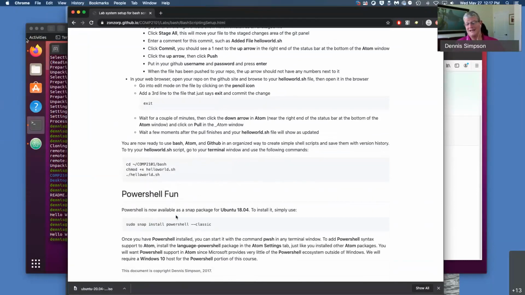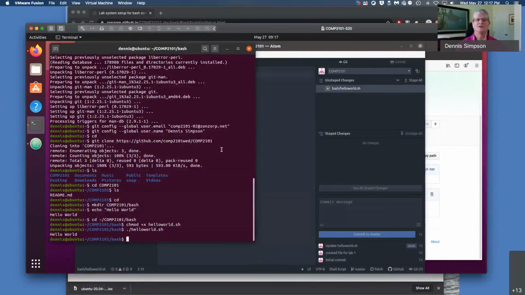There was a section at the end of the lab for PowerShell that I'll just talk about briefly here for a minute. And just before that, I will point out that after we sent our updated file to GitHub, and then we updated it on the GitHub site and pulled it back down to our machine, we then made another change to the file. We changed the permissions on that file. We did not change the content, but since we changed something about the file, some of you may have noticed that when we did that permissions change,